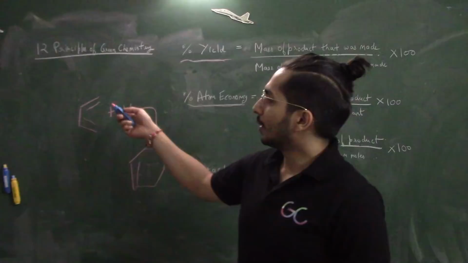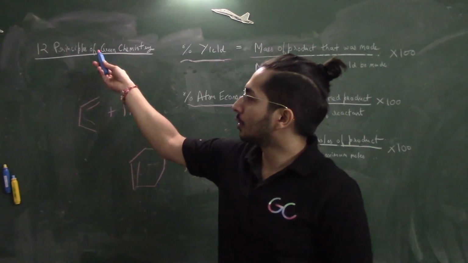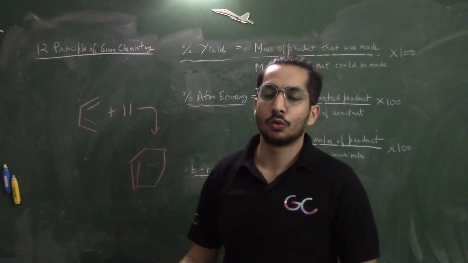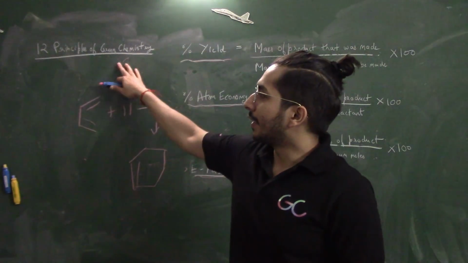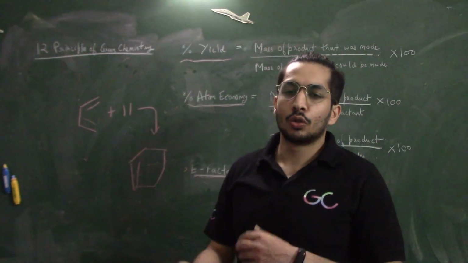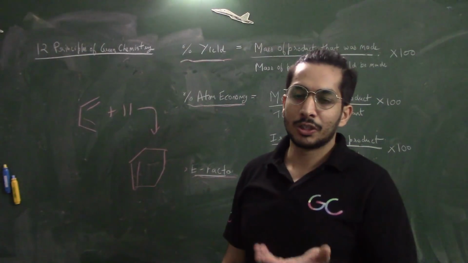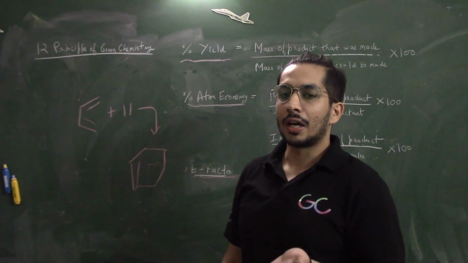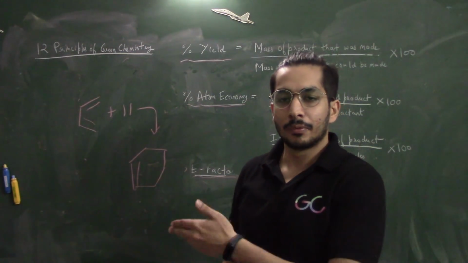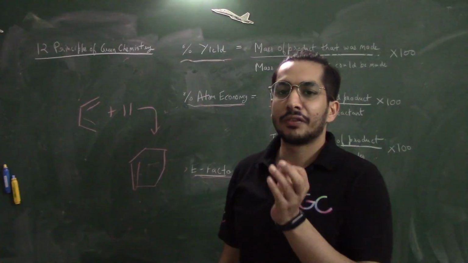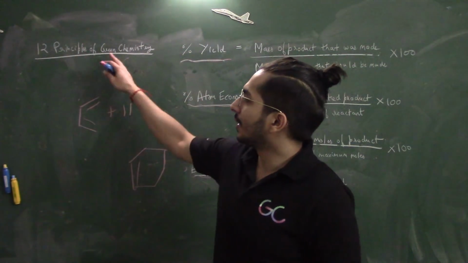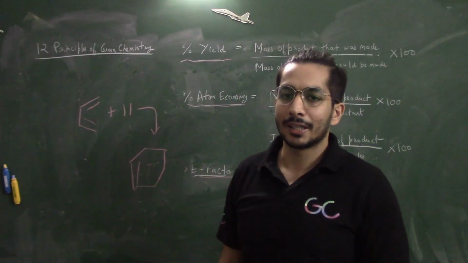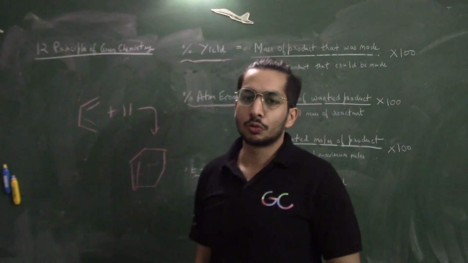One more thing that I would like you to read about is the 12 principles of green chemistry. If you do a simple internet search, you will find out the 12 principles. Just go through them, because there could be a question which might ask which of the following statements are or are not a part of, or basically satisfy, the principles of green chemistry. So something related to the principles of green chemistry they might also ask. So it's better to just go through those 12 principles.